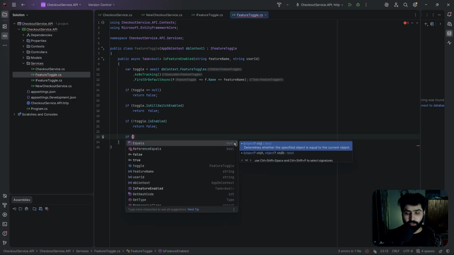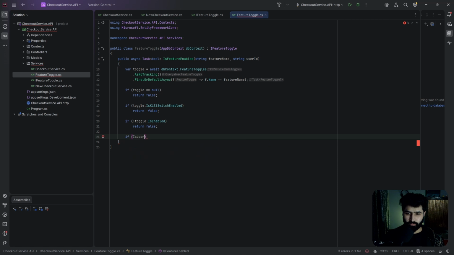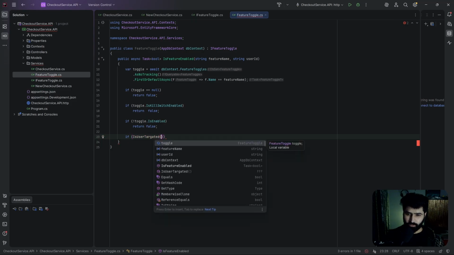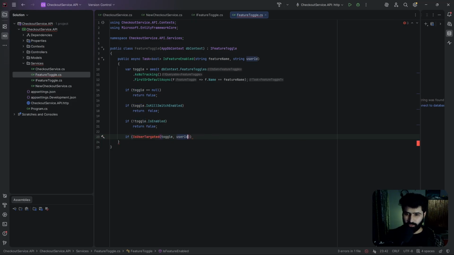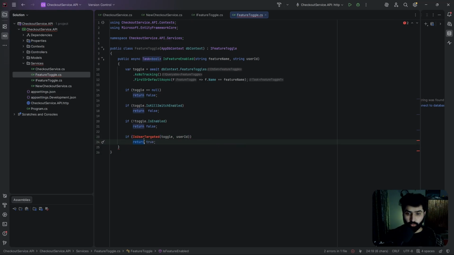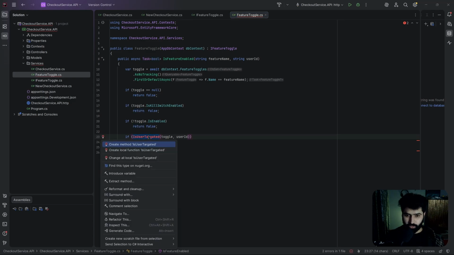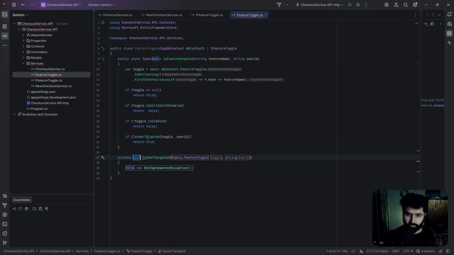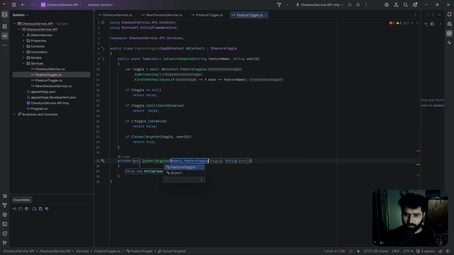So let's call it here is user targeted, and here we'll pass our toggle and the user ID. If that is the scenario, we'll simply return true. Now we have to create this method, so I'll simply go here. This will return boolean, and this takes the feature toggle and user ID. All right, so what we'll do here,